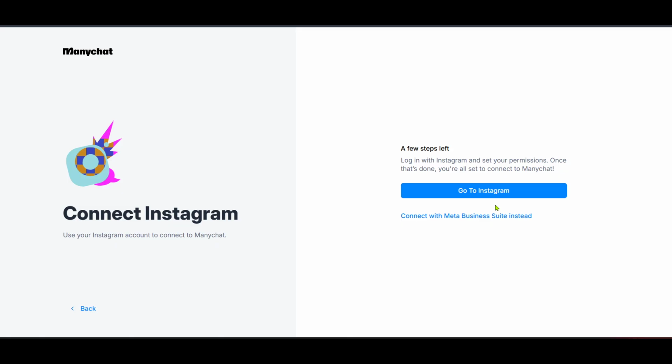engagement with your followers. And there you have it. With just a few simple clicks, you've integrated Manychat with your Instagram account, automating the way you interact with comments and saving you valuable time. Keep experimenting with the settings to tailor it to your specific needs, and watch how it enhances your social media